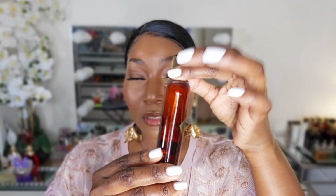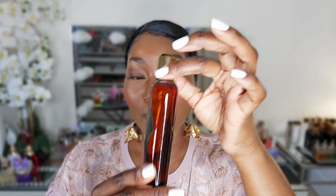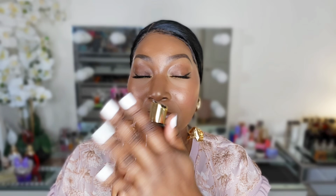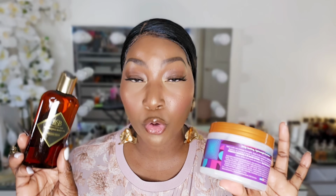Let me show y'all how much I've used this. Do you see? I only have this much left right here. My stickers are coming off. It's a whole hot mess, y'all, because I love this so much. I've been using that since March. I've been using this and I love it. It's so good. So if you don't have the Sweet Cream or the Princess Robin body oil by Brown Sugar